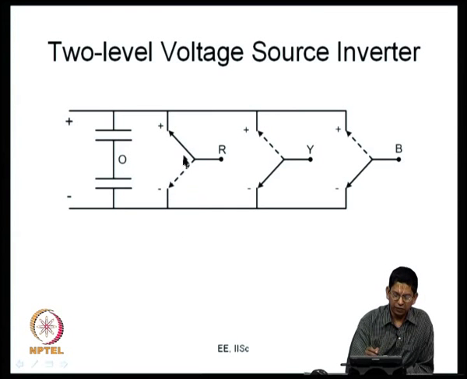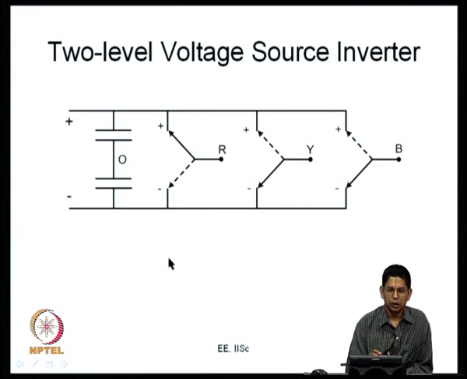That is because every time the switch turns on and turns off, a certain amount of energy is lost. So, the total switching loss is the product of this energy loss per switching cycle multiplied by the number of switching cycles per second. Therefore, to keep the switching loss within permissible limits, if your energy loss is very high, you have to keep your switching frequency low. So, at high power levels, when the voltages and currents being switched are very high, you tend to switch at very low frequencies.